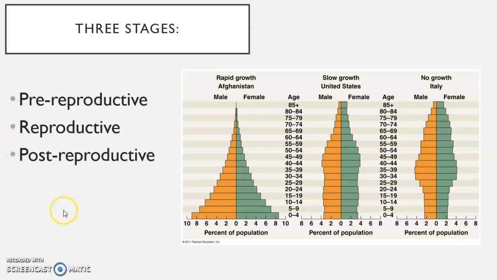Now there are 3 stages to growth, looking at pre-reproductive numbers, post-reproductive numbers, and then reproductive numbers. So that kind of gives you a view of where we are going if we look at the number of people that are entering reproductive age. Reproductive age meaning how many babies are being born now, and then post-reproductive age, and that is people that are elderly in the population.